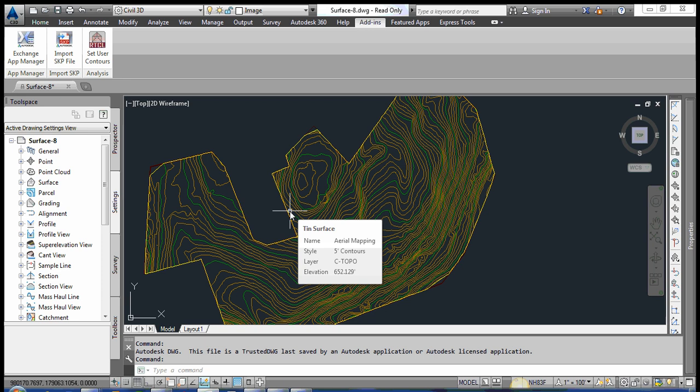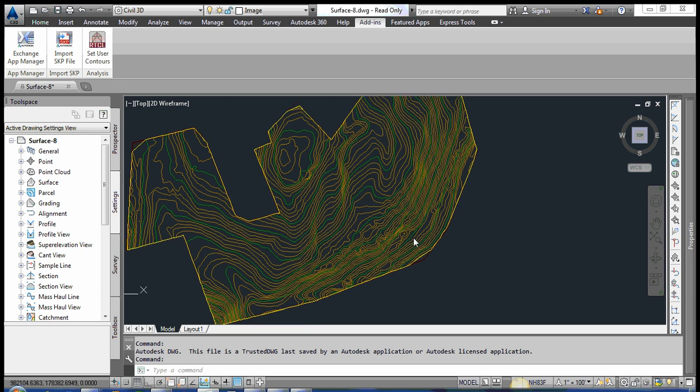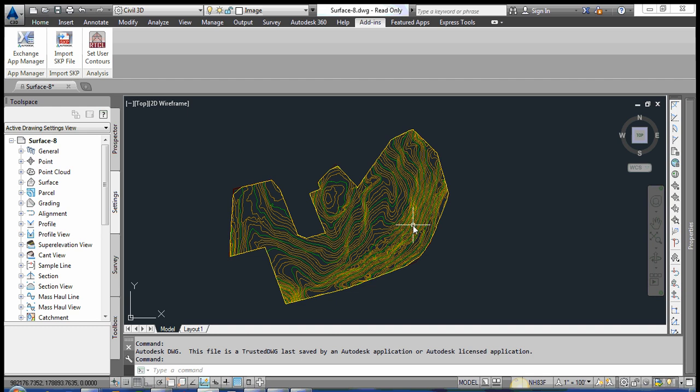But that method can take some time, and if you're doing this as a repetitive task and have a number of contours that you want to draw attention to in your drawing, this app can help you with that. So first, demonstrating how you would do this in Civil 3D manually, you would click on a